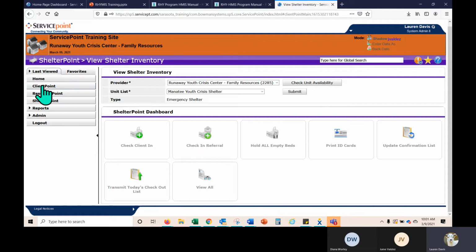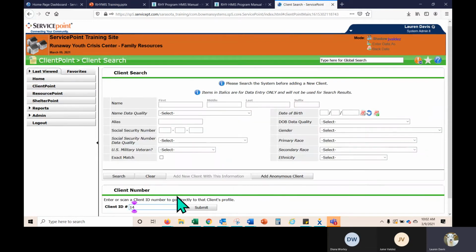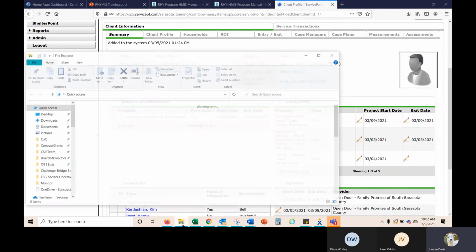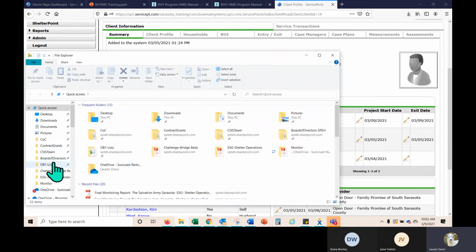So we click on our Client Point. We identify the client who needs the follow-up. Let me actually pull up the step-by-step guide real quick, just for our own reference.